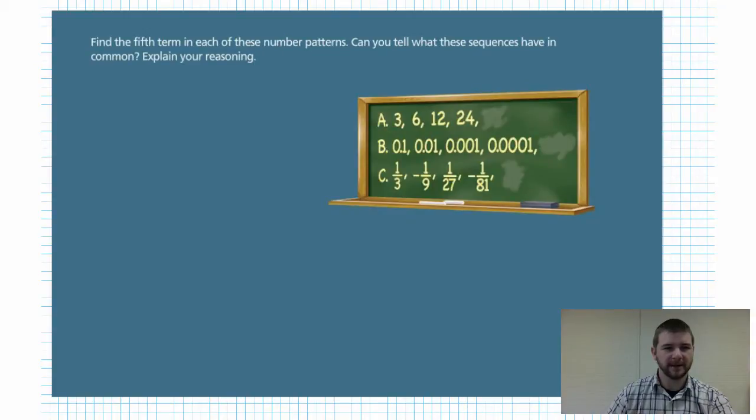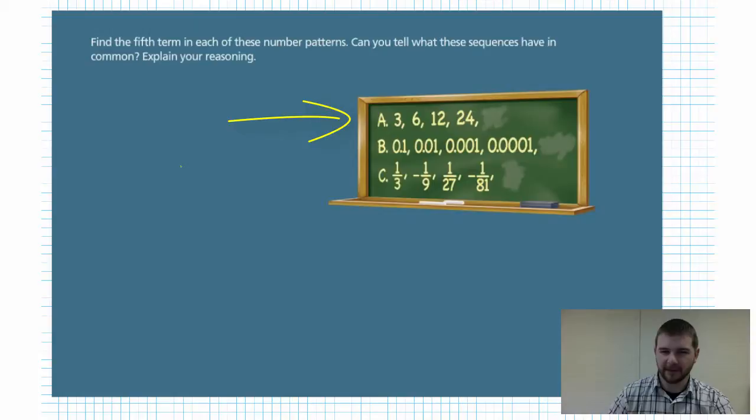In this problem, we're asked to find the fifth term in each of these number patterns, and then asked, can you tell what these sequences have in common? And explain your reasoning. So first, let's consider pattern A. 3, 6, 12, 24,